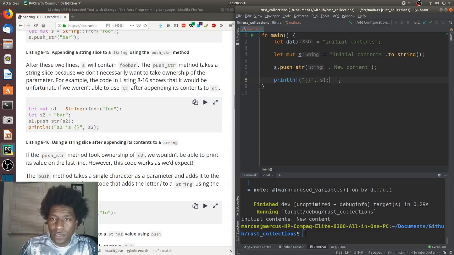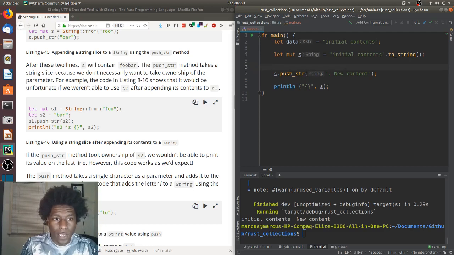So let me just verify what they're saying here. It seems as though they use a string literal because they want to have a pointer to it and keep s2 valid. So if we created an s2 here, let s2 equal new content,